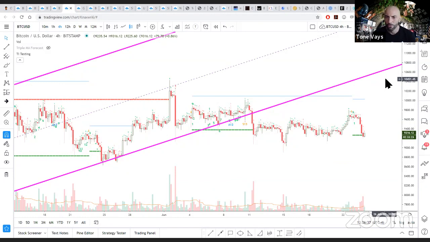There's nothing wrong with this. There's always a bigger fish that can come and eat them. So there you go. There are interests out there to keep the price of Bitcoin at 9,300 going into option expiration.